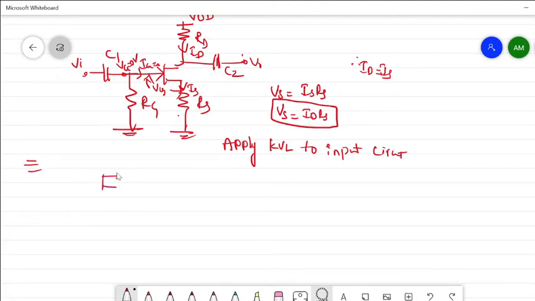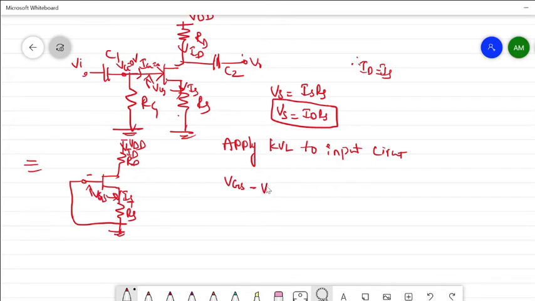Then the circuit becomes like this: this is VDD, RD, current through this resistor is ID, and RS, current through resistor is IS. So here the VG is equal to 0, so voltage across this resistor is 0, so it acts as a short circuit. VGS minus plus. Apply KVL to the input circuit. So write down this one. Apply KVL means VGS minus Vs is equal to 0. Here Vs is the source resistor voltage.